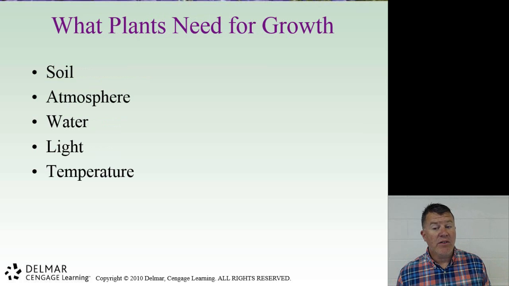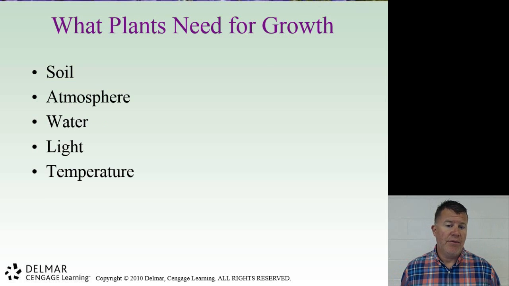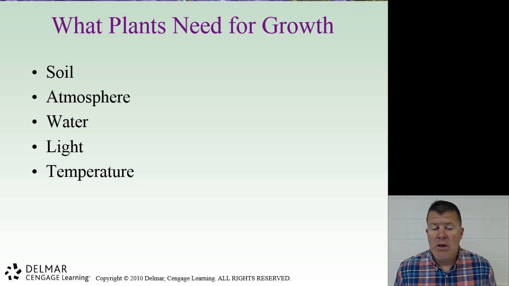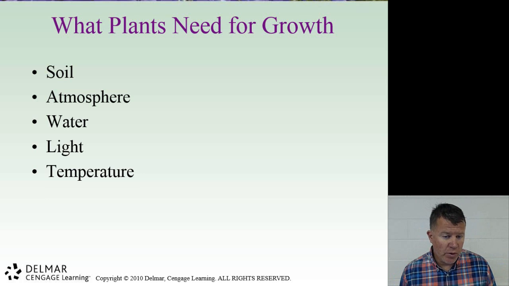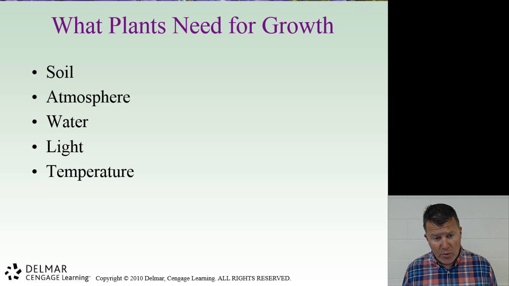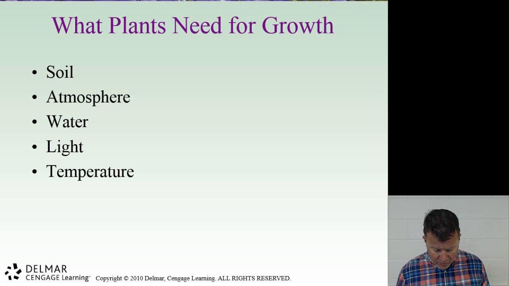What plants need for growth. Soil is where it's going to get a lot of the nutrients, macro and micro nutrients. And by taking a soil test, we're going to determine what the soil is lacking or what it has. So your plants are going to get their nutrients from the soil. Atmosphere, primary thing that the plants are getting from the atmosphere is the carbon dioxide. Water, plants need water for photosynthesis and the transport of the nutrients. Light, existence of life would not occur on Earth if it was not for light. And then your temperature,